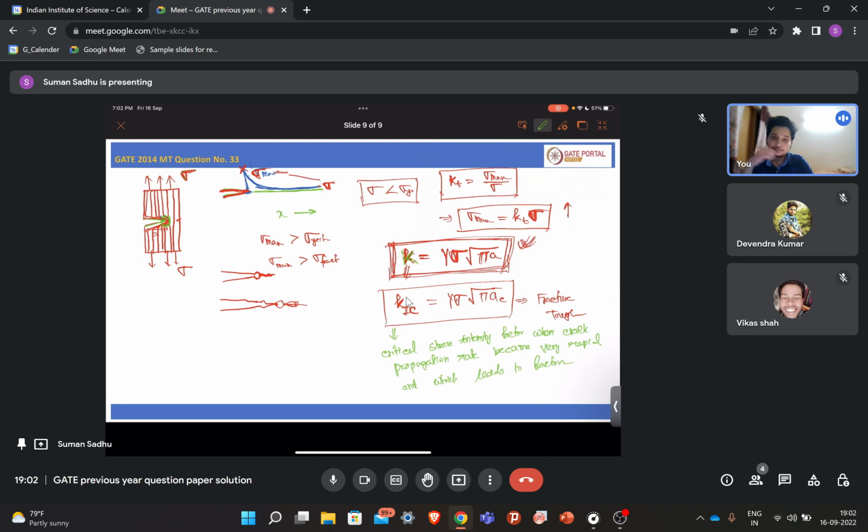So what will be the unit of fracture toughness? Sigma is in Pascal, Newton per meter square you can say, or megapascal. And a is in meters, so root over m. So it will be Newton per meter to the power